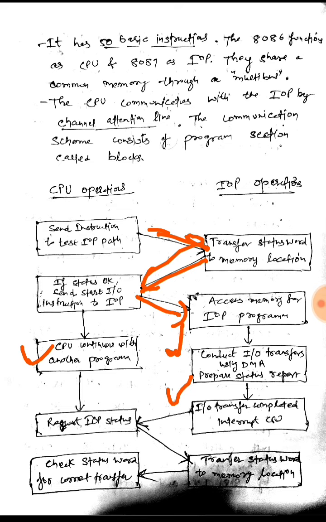So if the input output transfer is completed, then it will interrupt the CPU and send a signal to the CPU that the input output transfer is completed. Then the CPU requests the IOP status again, and then the IOP transfers the last status word to the memory location, and then the CPU checks the status word for the current transfer. So this is how they will